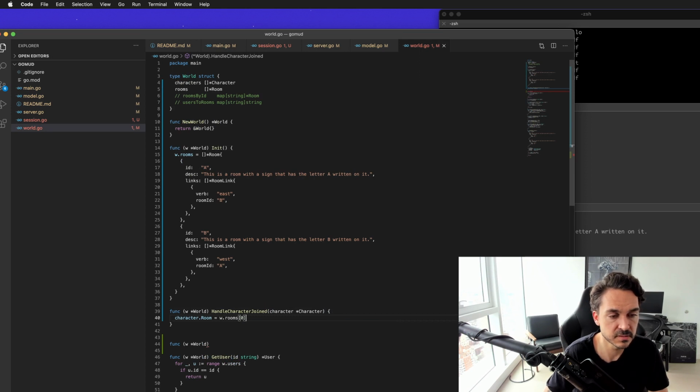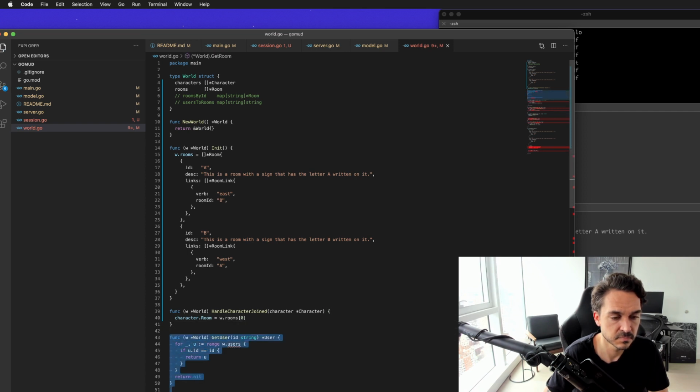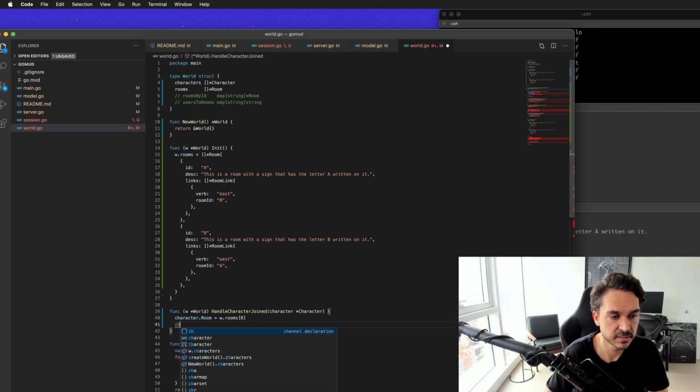We're gonna assume there's a room here. I don't think we need this because we're dealing with pointers, which again we will abstract later. So handle character joined,